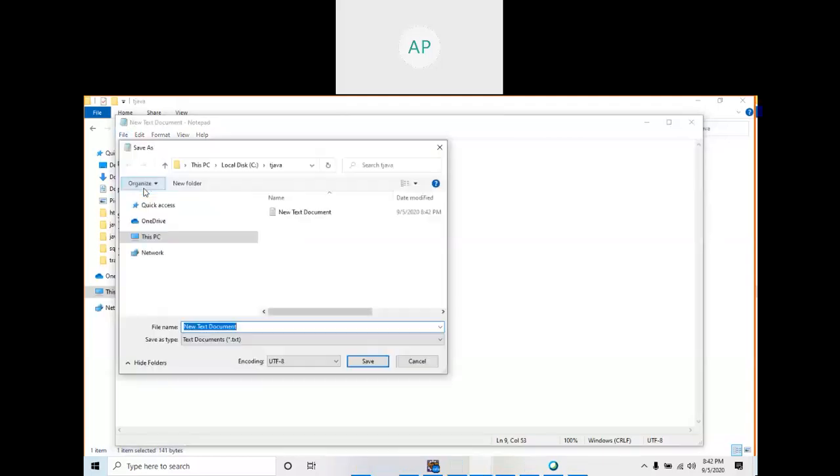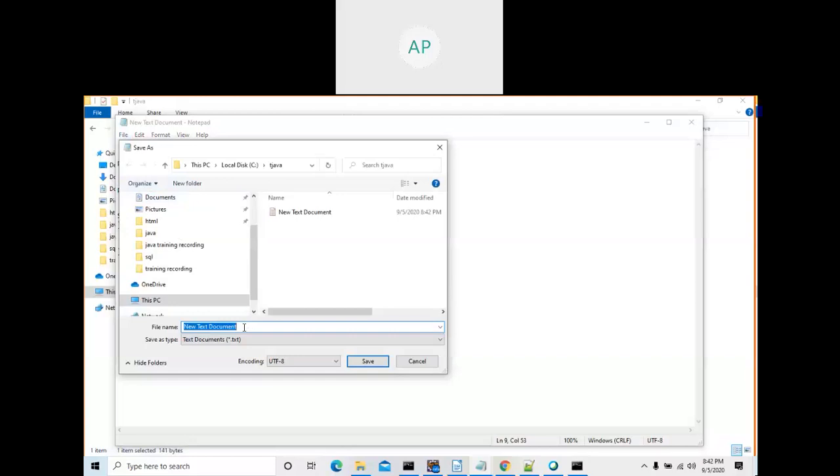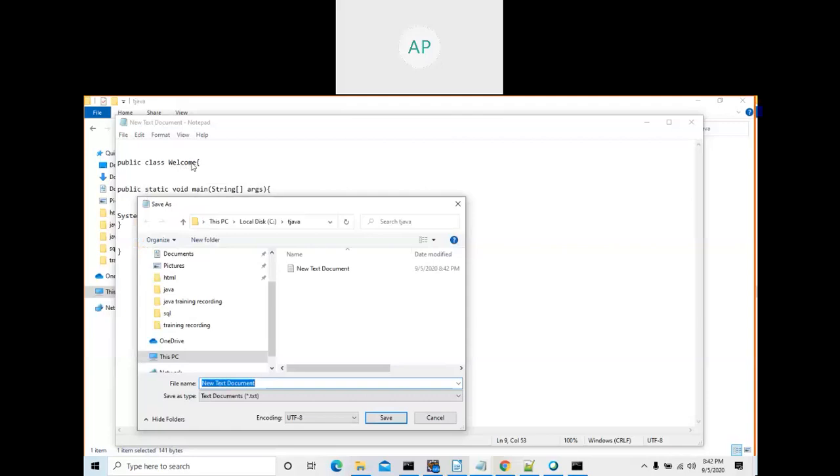Save as. What is the file name? Your class name and file name should be the same. What is your class name? Welcome. This is the class name because you mentioned class. Now we created one class, and save this file as Welcome, W capital, very important, dot java, not txt. And here, this one should be all files. Very important. We opened a notepad and I typed around five or six lines. I am saving this file Welcome.java, and I chose all files here, save.